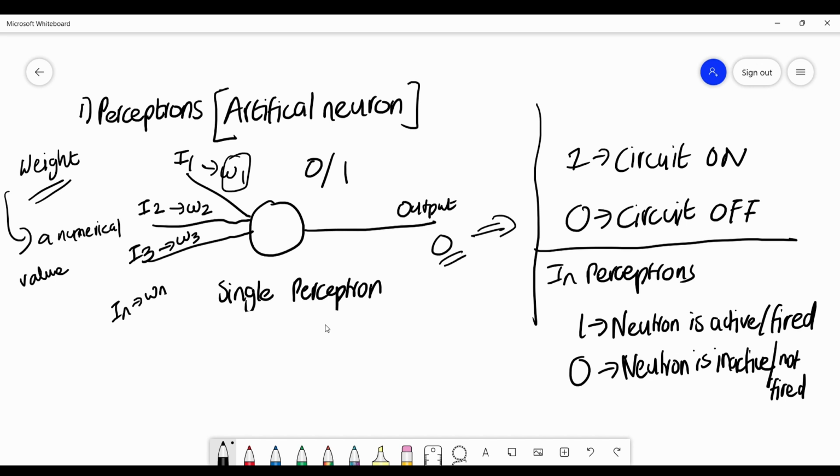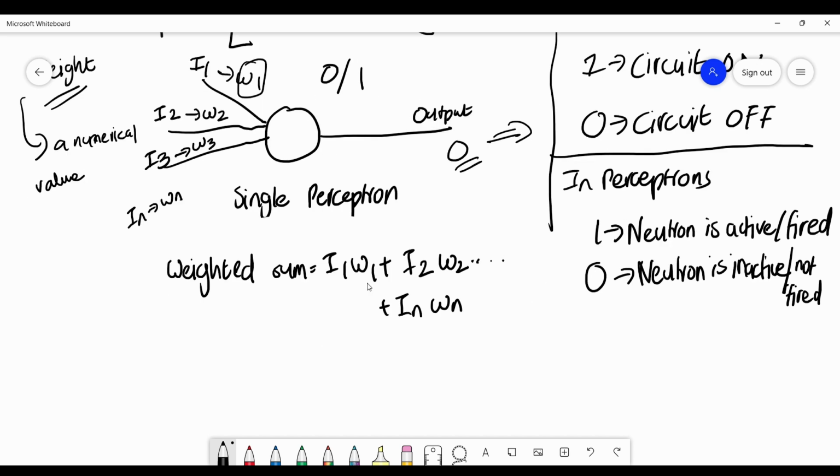Let me now introduce a new term called weighted sum, which is nothing but the sum of all the products of input and weight pairs. Let me write it down: input 1 times weight 1, plus input 2 times weight 2, and so on till input n times weight n. So this is the weighted sum. Now there's also another new term called threshold. This threshold is also just a numerical value,